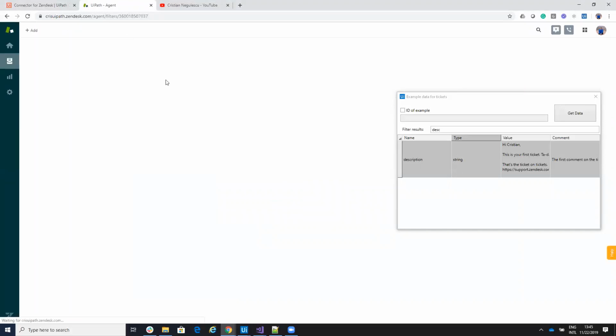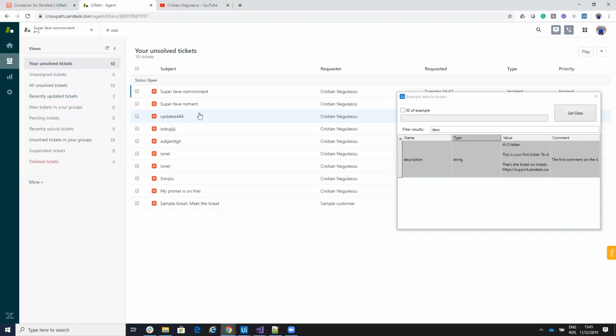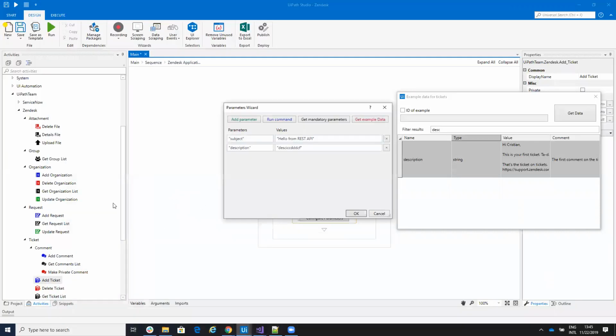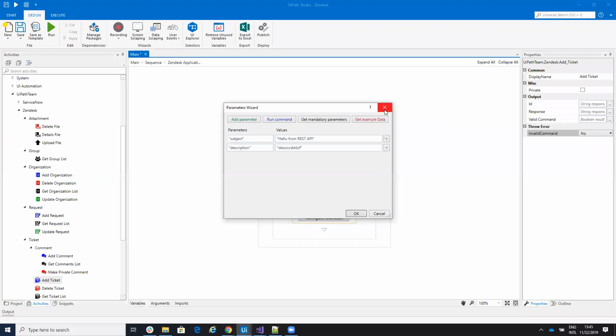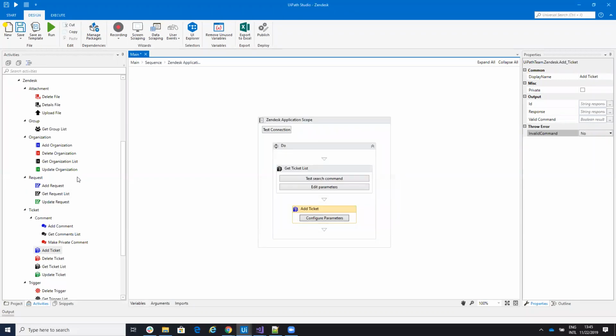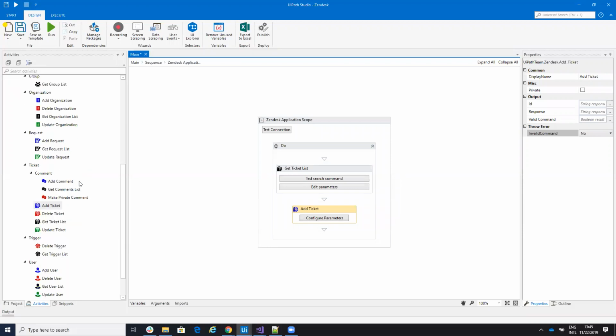In the same way, you are able to work with attachments. You will assign attachments to the tickets and so on. It's an easy way out. I will have a full video about how to create tickets with attachments and with comments and so on. Same with organization, groups, and so on.